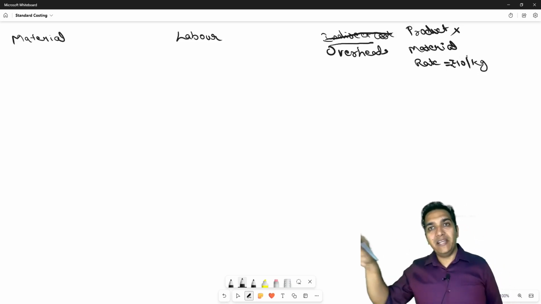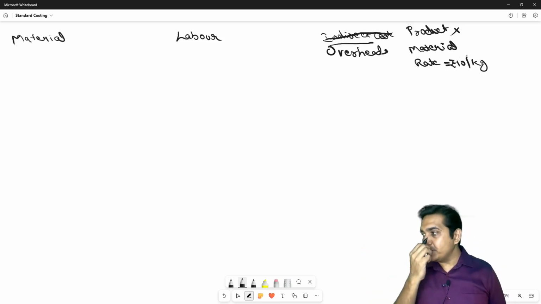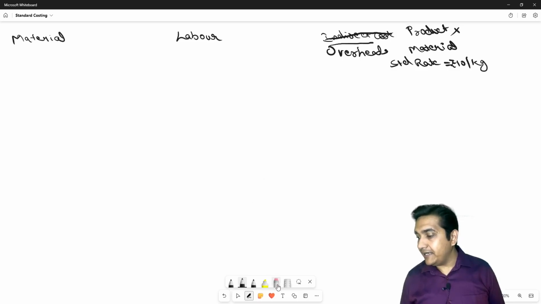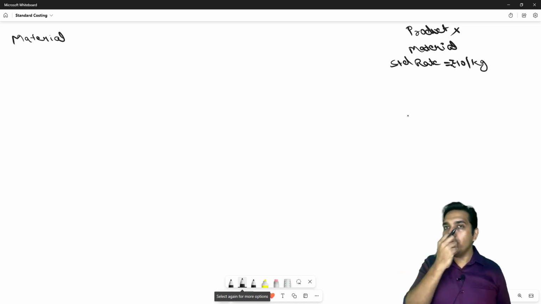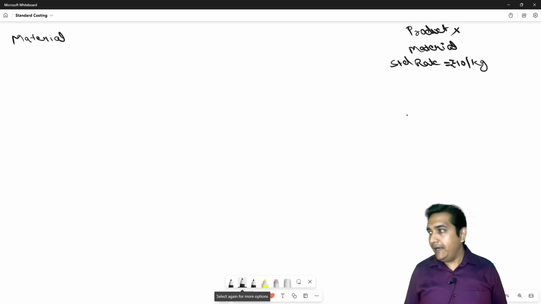The rate for the material is 10 rupees per kg, and I say that this will be my standard rate. We'll come to overheads and labor a little later. Let us understand material first. So I say that 10 rupees is my standard rate, and then I say